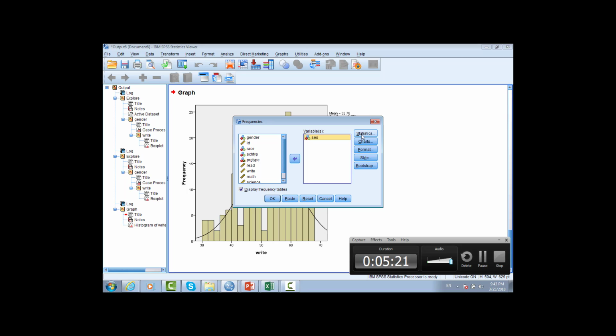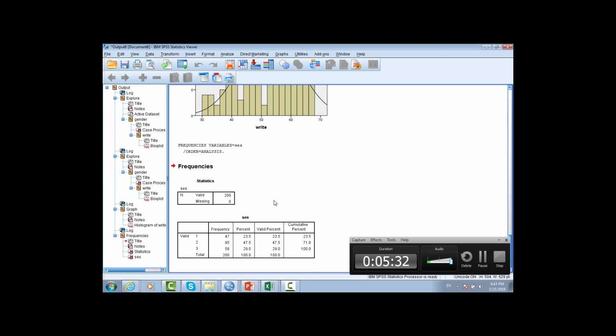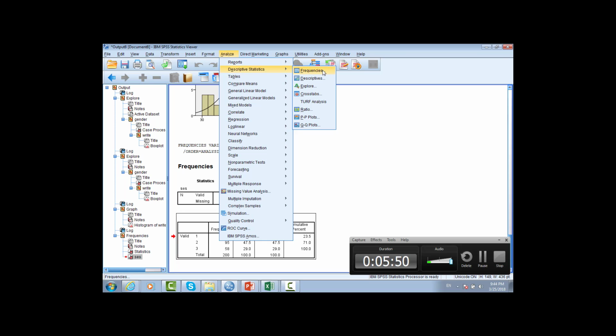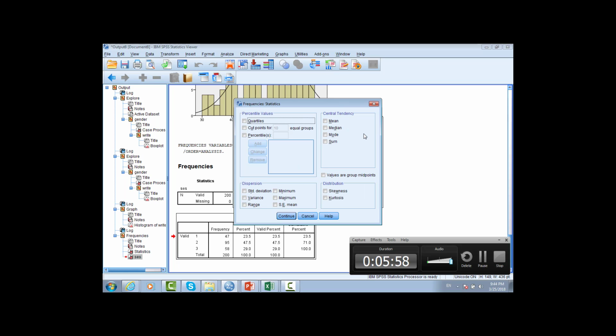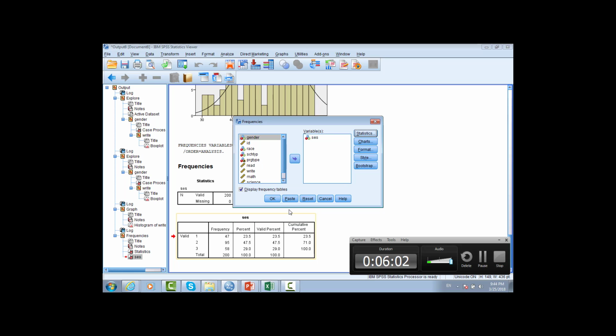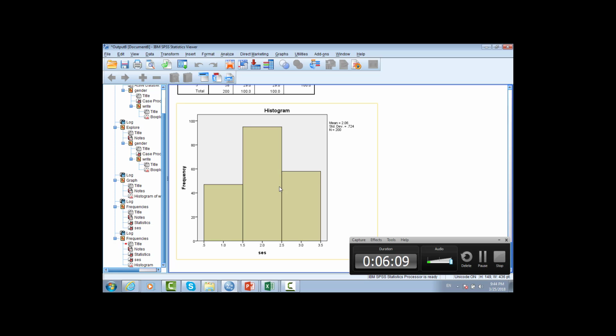Okay, click here, and leave it as it is, and then continue, press OK, and here you can see analysis, descriptive statistic, and histogram. So we have to go to analysis, frequency, statistic, percentile, range, okay, chart, histogram, continue, okay, this is histogram, and then as you can see,